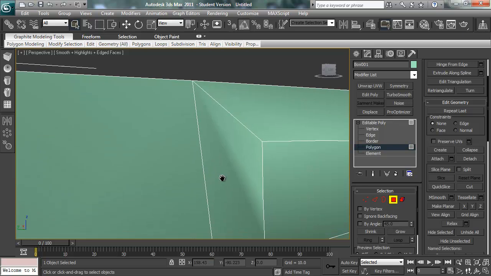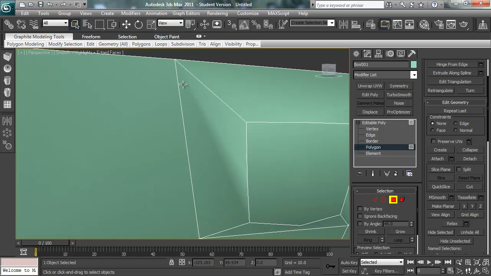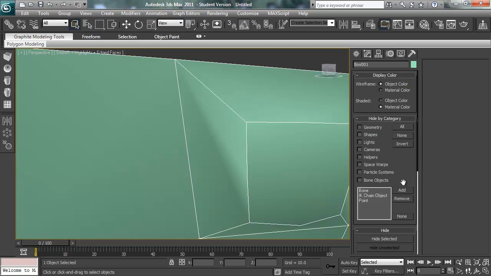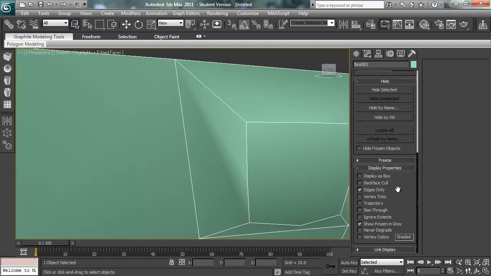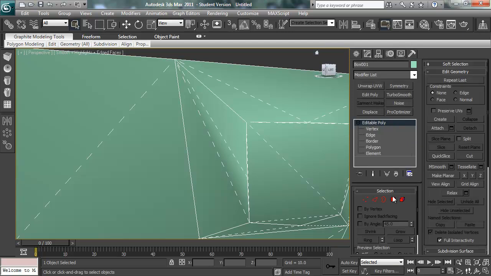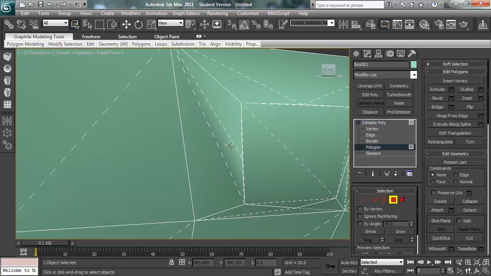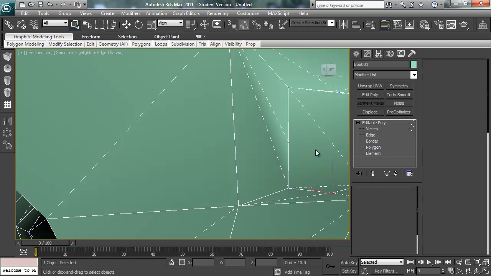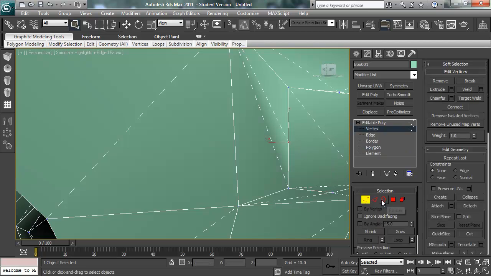So what we've got here is bad kind of smoothing, because this one is going up to this corner, and in fact I'll show you this. If we go into the display tab and scroll down, and if we turn off edges only, we can see where our triangulation is going and why that's not working. This particular face has a couple of really thin triangles, and that's because there's a vert right here. You see that one? Now we could fix this by connecting those two, but I'm just going to show you